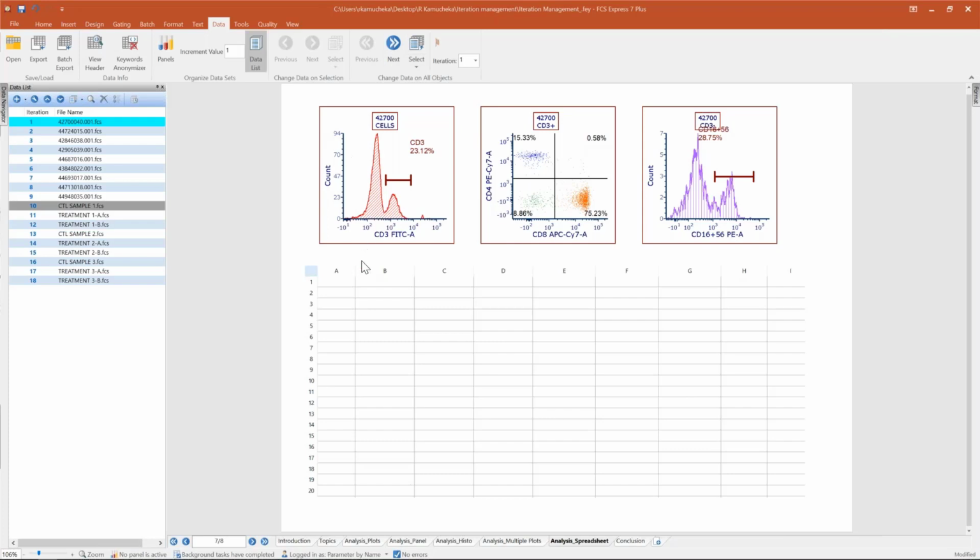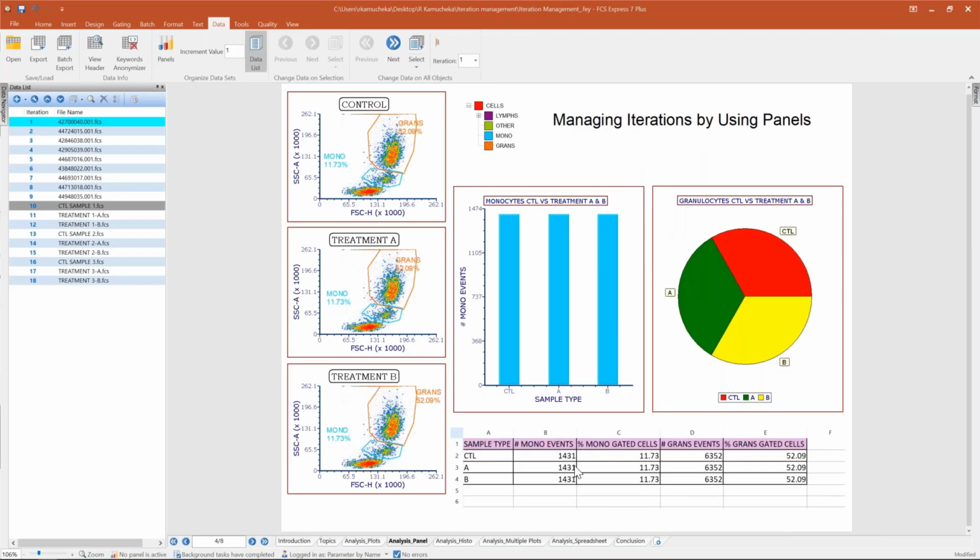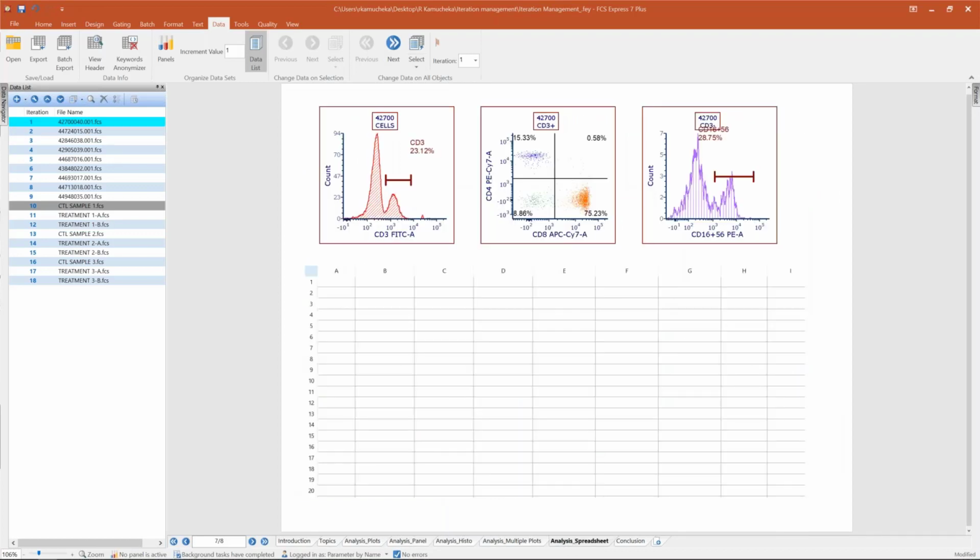Okay, another tool that we like to use when we're doing our data analysis is the spreadsheet. When we're using our panel plot, you could see that we had a spreadsheet down here, and this spreadsheet is connected to the plots that are presented here. When I move to next data files, you will see that it updates accordingly with each data file. But what if I wanted a larger or summary spreadsheet? I want to bring all these data files into this spreadsheet as a one-time thing. A lot of times when we grab from the data list here,